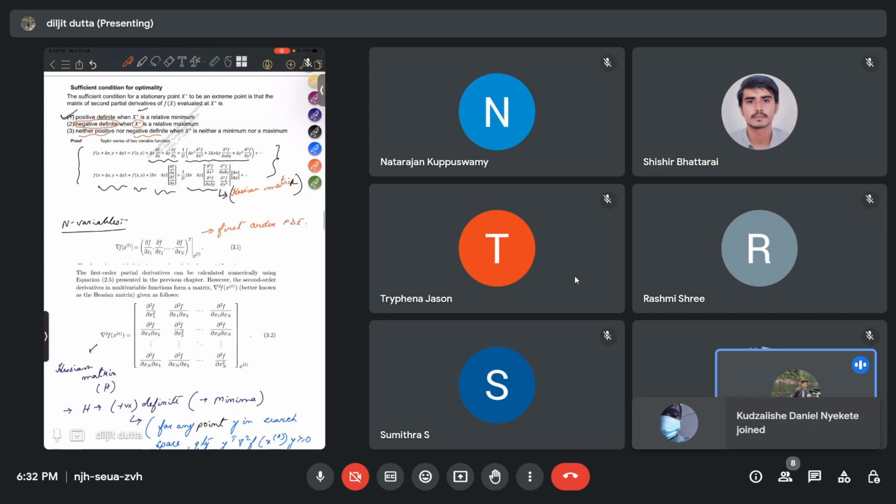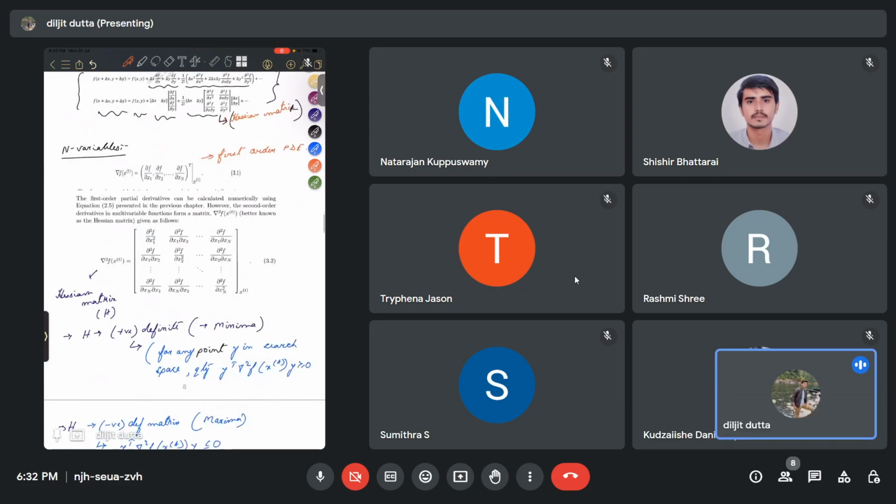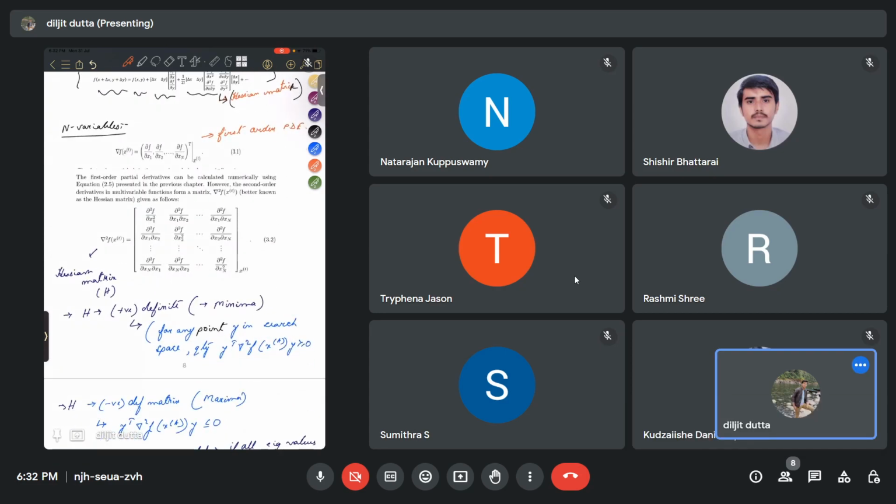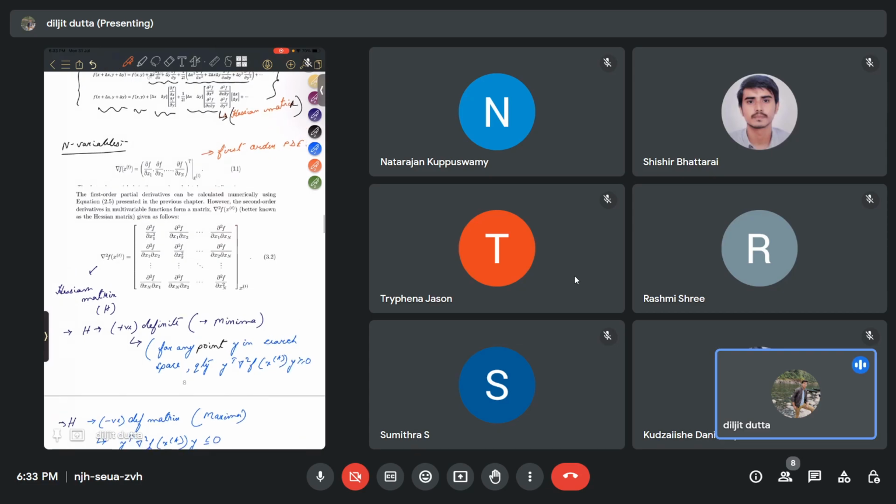So this was the Hessian matrix for two variables. If we are extending it to n variables, we will be writing the Hessian matrix in this way. So just remember how to write. The first row will be del square f by del x1 square, then del square f by del x1